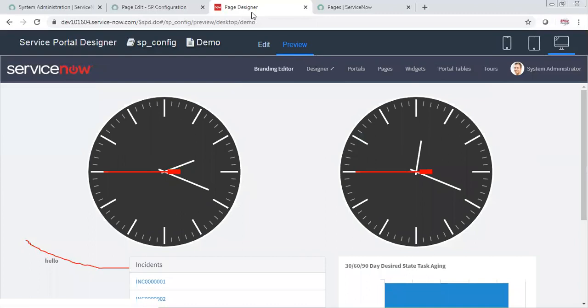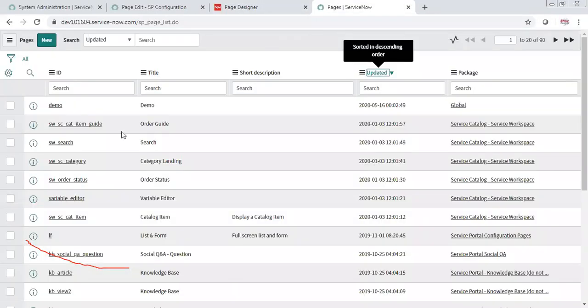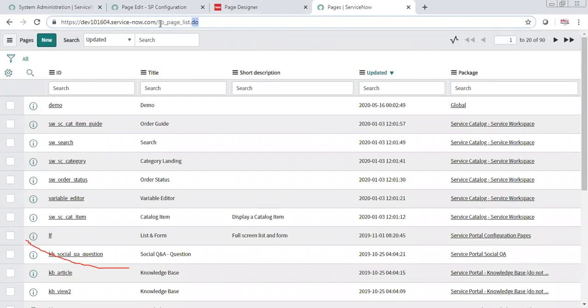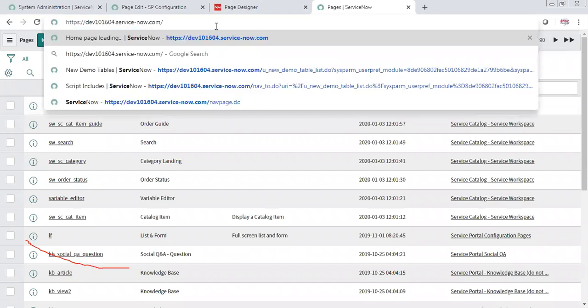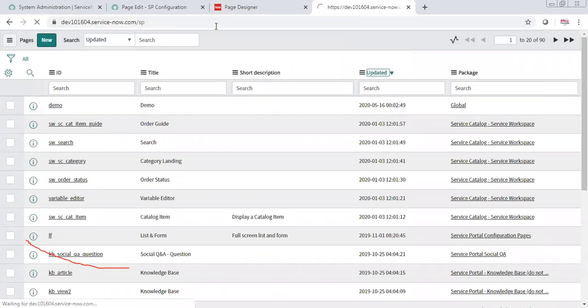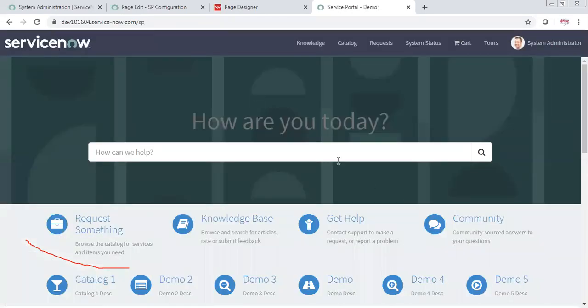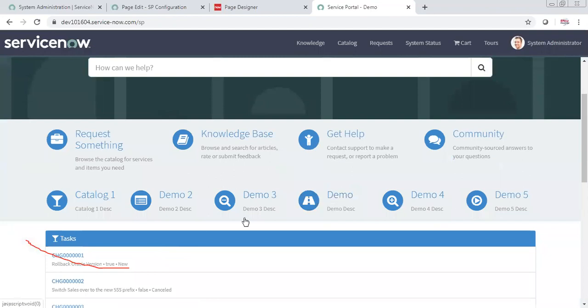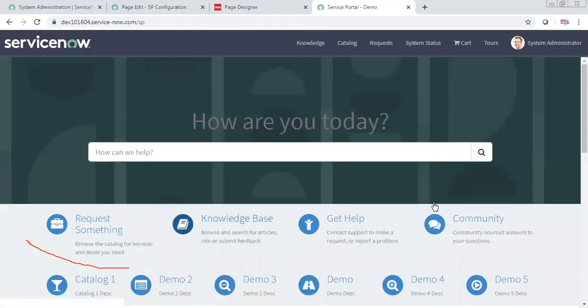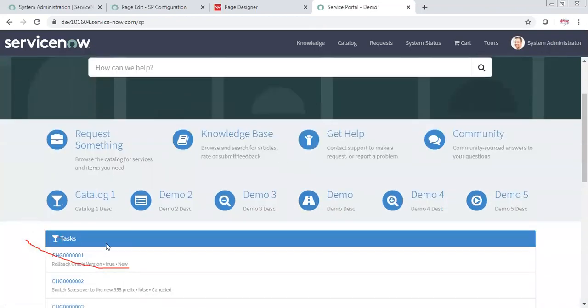Now, if I go to our portal, SP, now that page we designed separately. But do you see the page anywhere, can you navigate to that page through here?